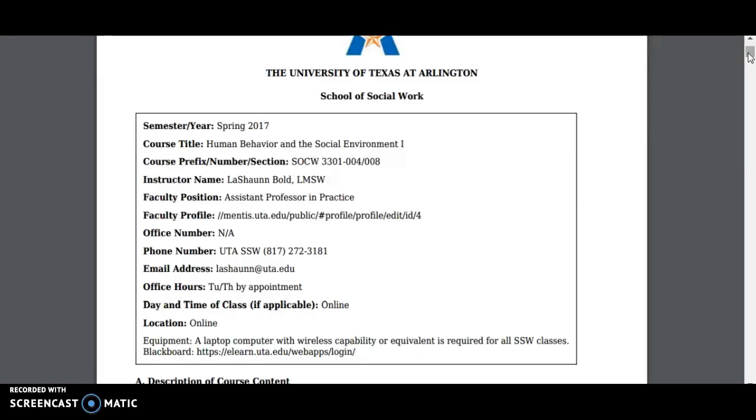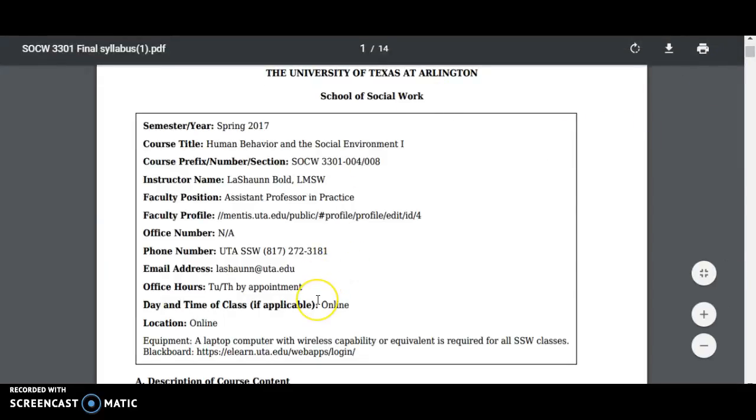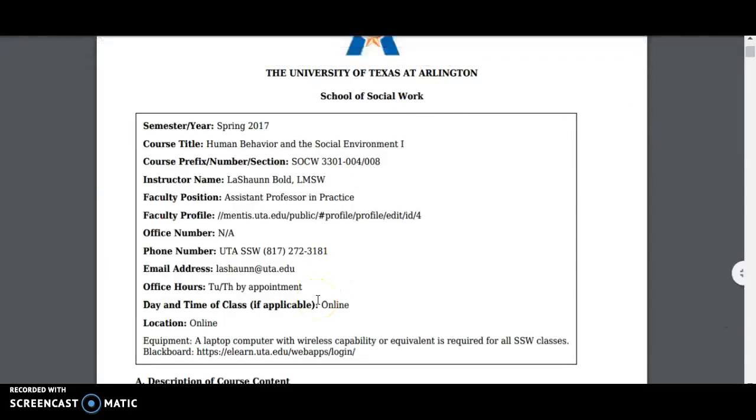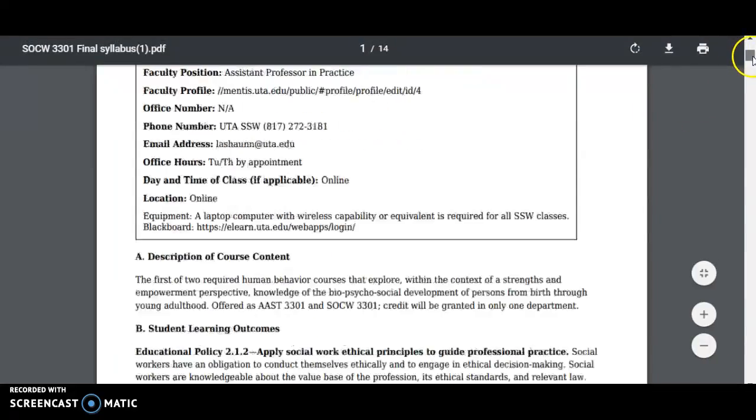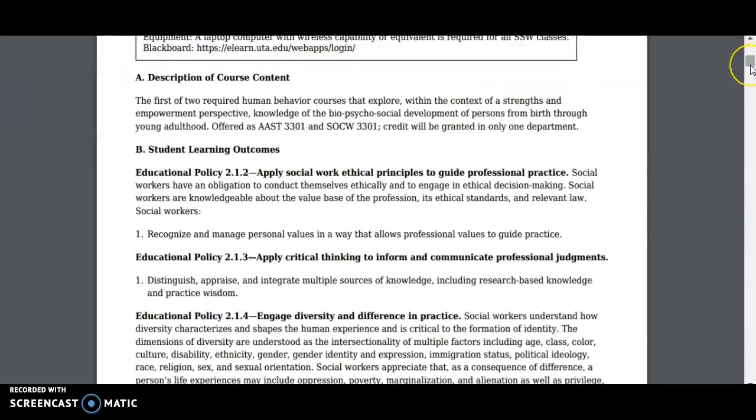And here it talks about when you can locate me and how you can locate me. This is my email address. And this is an appointment schedule, but I can really meet just about any time during the day, either in person or on the phone, or we can Skype, or you can email me. There are a lot of different ways with online that you can communicate with me. So I'm fairly accessible, I believe.